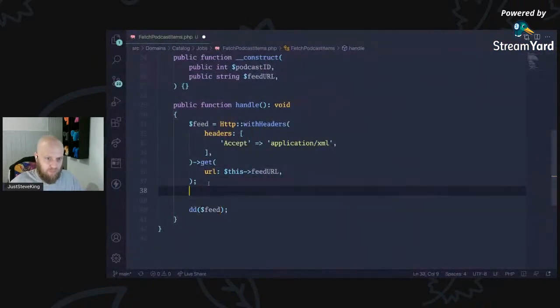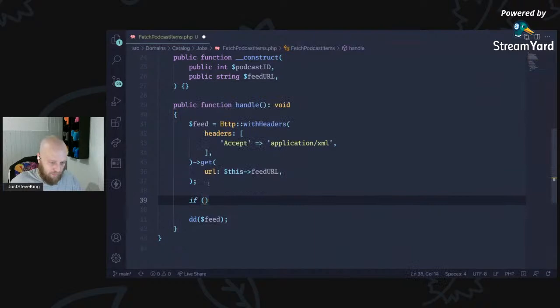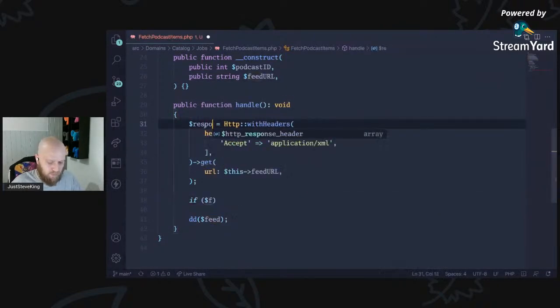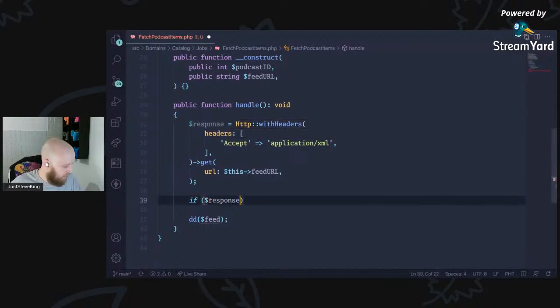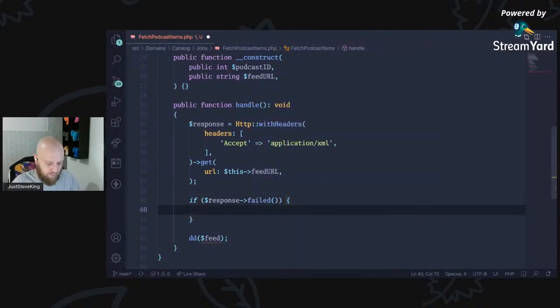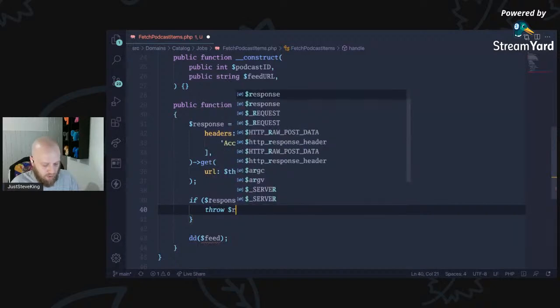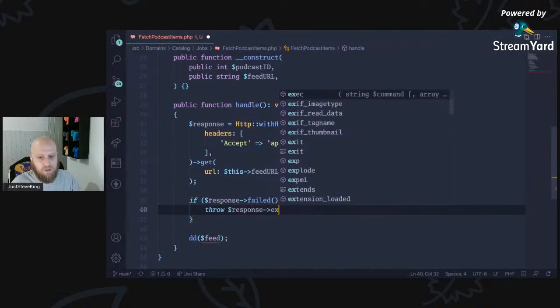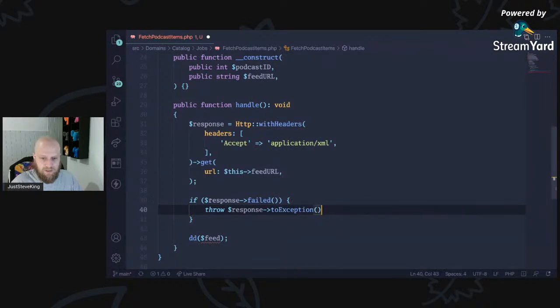So we can do something like, we'll call that response because it's HTTP. We've got to name things nicely. So if response failed, then throw the response to exception. Otherwise, we're just going to